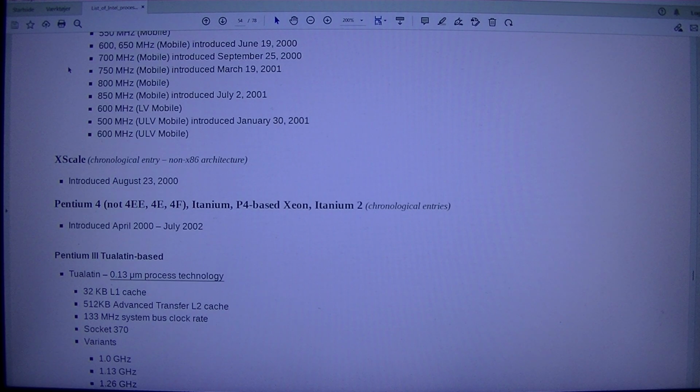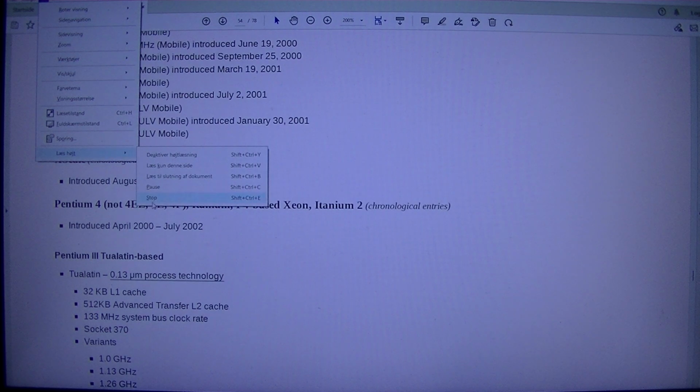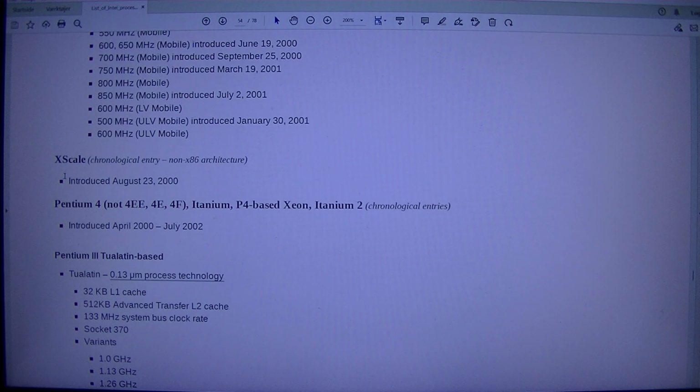750 MHz, mobile, introduced the 19th of March, 2001. 800 MHz, mobile. 850 MHz, mobile, introduced the 2nd of July, 2000, and...